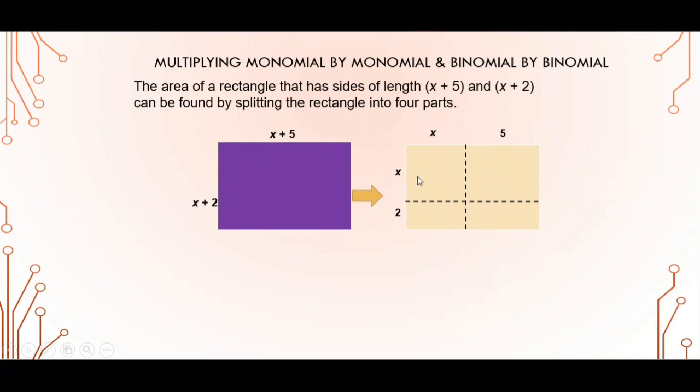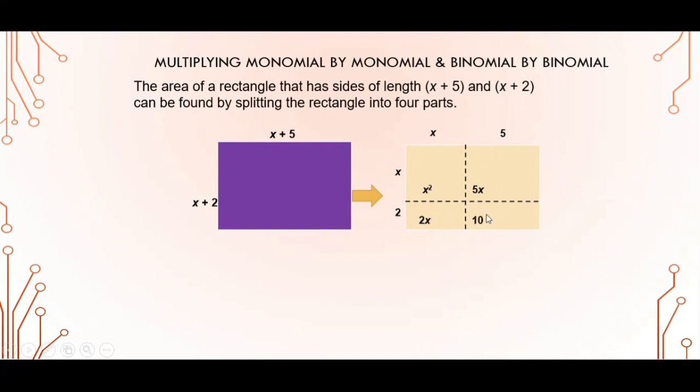Now to find the area of the first square, it will be x into x. We have learned the exponents, right? x into x becomes x square. So this is how we get the area of this first square as x square. Now x into 5, we get it as 5x. Now x into 2, the area of this rectangle you get as 2x. And 2 into 5, the area of this rectangle you get as 10 units.